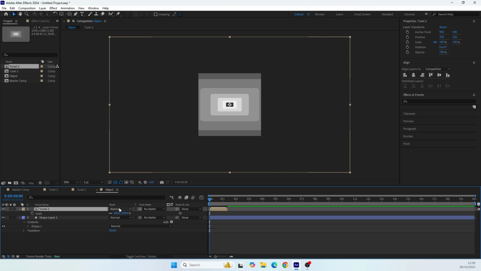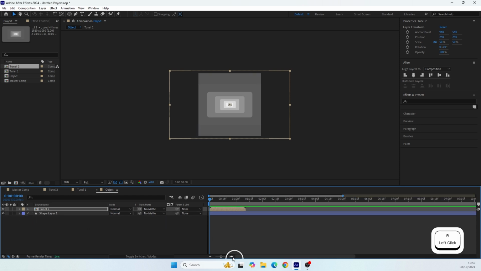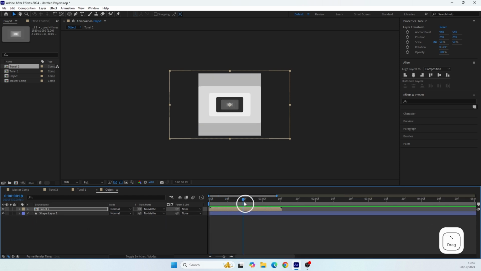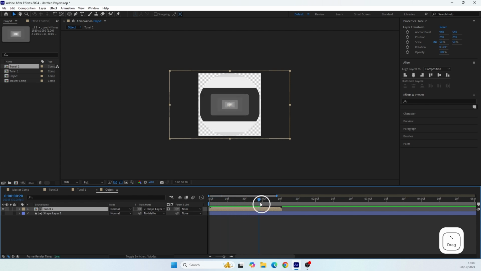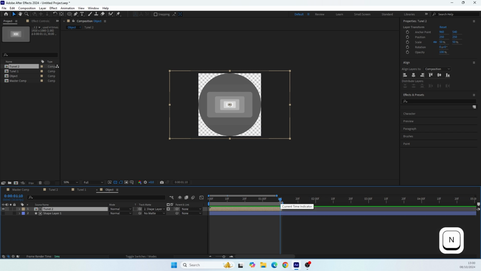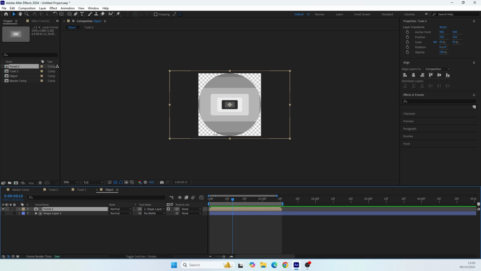So let me show you what I mean. You can press S and scale it down if you want. Now all we need to do to make the illusion of the reflection is to set it as an alpha matte for the sphere we just created, which means the tunnel pre-comp will be visible only in the form of this sphere. Now we need to shorten the work area to the end of this looped animation,